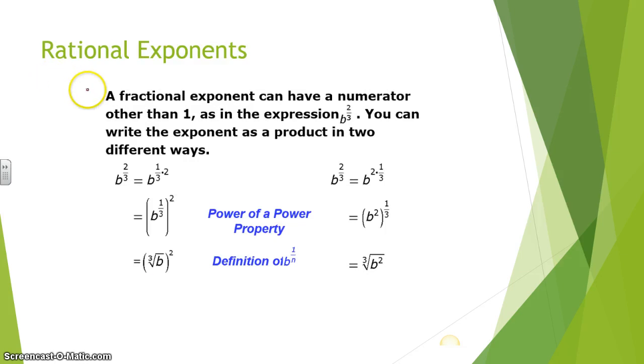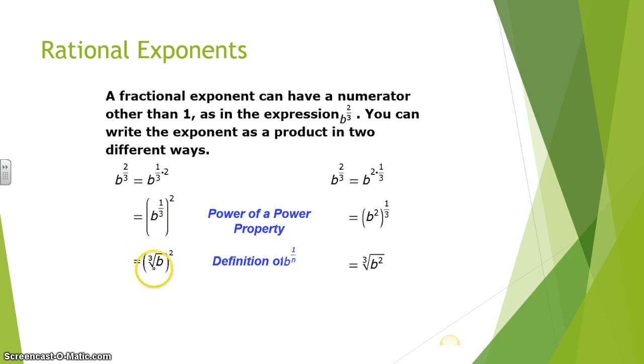Here we have a definition. It says a fractional exponent can have a number other than 1 as the numerator, like the expression b to the 2/3 power. You can write the exponent as a product in two different ways. So the way we can write this is b to the 2/3 equals b to the 1/3 times 2. Or another way we could write this is b to the 2/3 equals b to the 2 times 1/3. Either way, we can think of our power of a power property, which we were working with in previous sections. So b to the 1/3 raised to the second power,